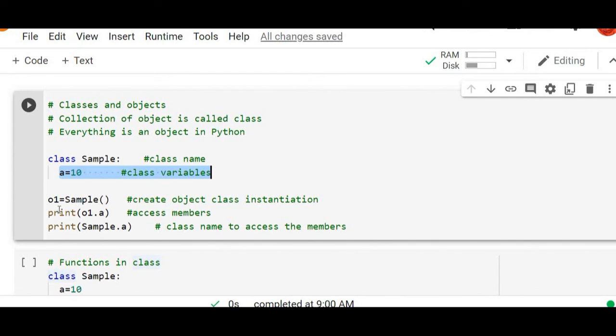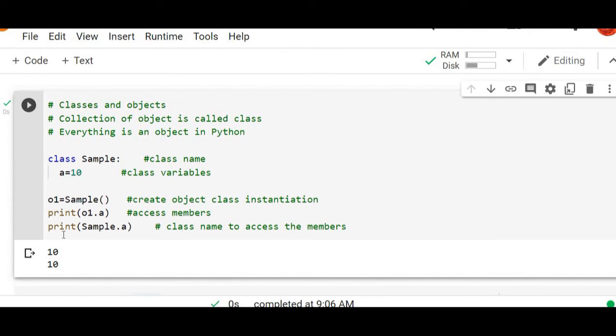If we are printing o1.a, we cannot directly print a in this main function. In the main function we can access this variable a only with the help of this class object. It belongs to this class sample, and an object o1 is created for this class, and we can access it using o1.a. When we execute this program, we will get 10 and 10.